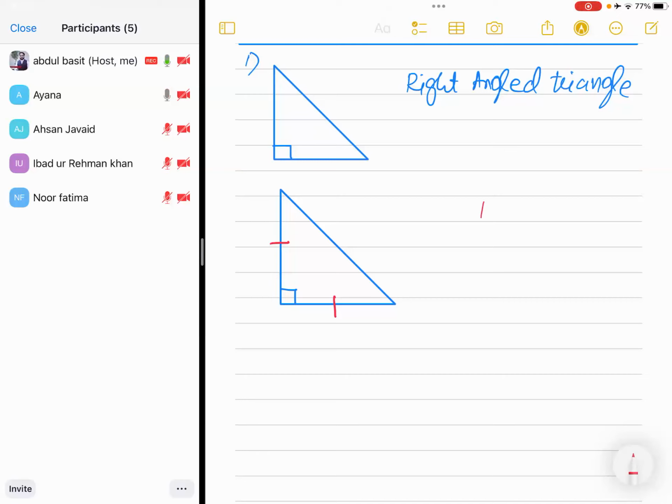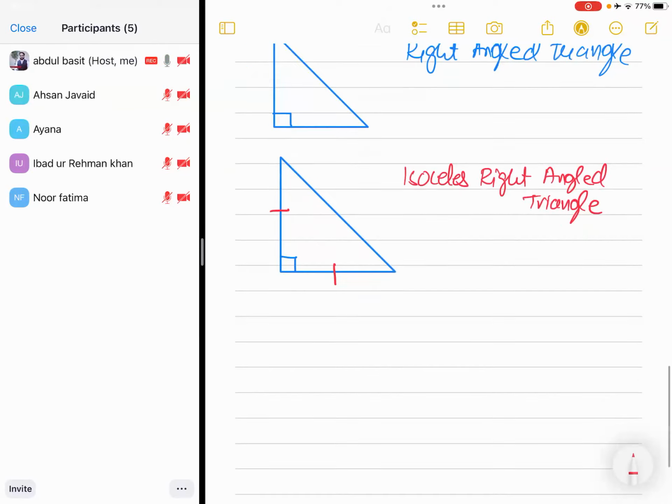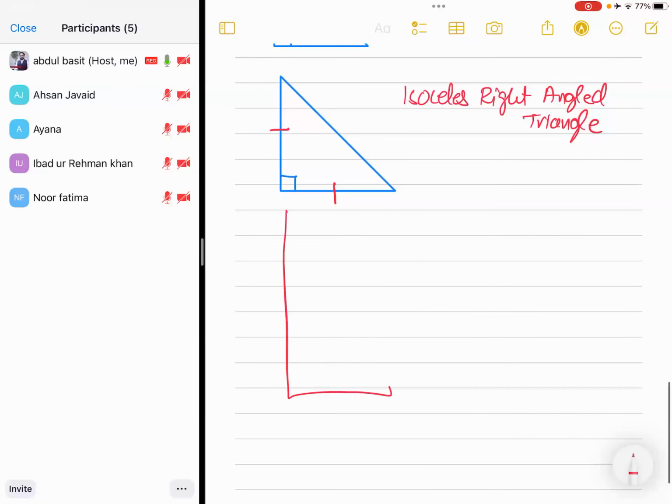Yes, sir. I know that it is a right angle triangle, but at the same time, it is what? Isosceles. Yes. So the name of this triangle is isosceles right angle triangle. Agree? Yes, sir. Okay. Now, for example, if you have another triangle right in front of you, this is a right